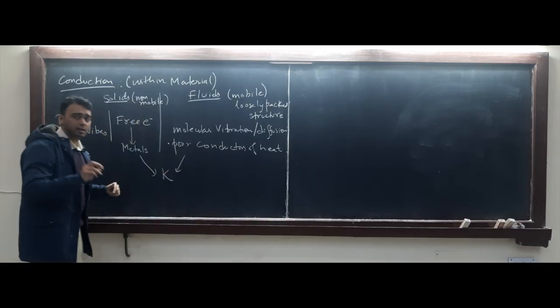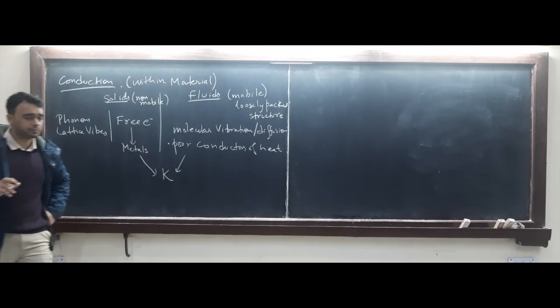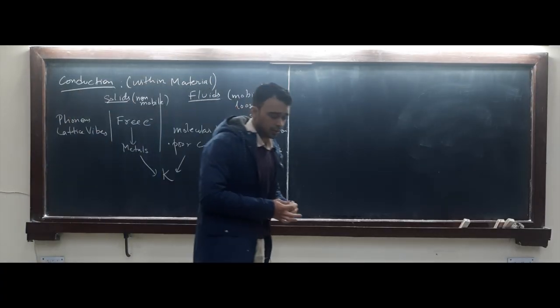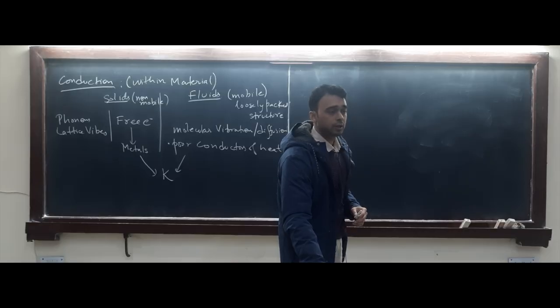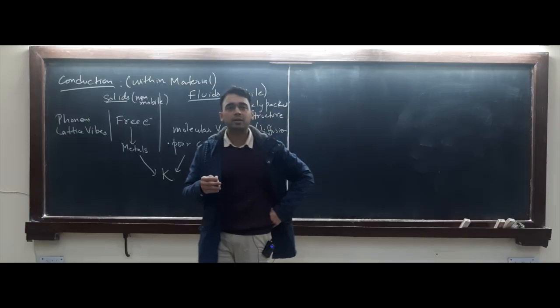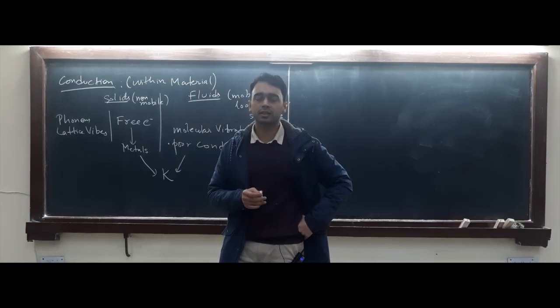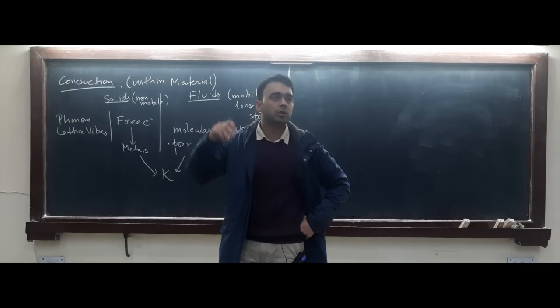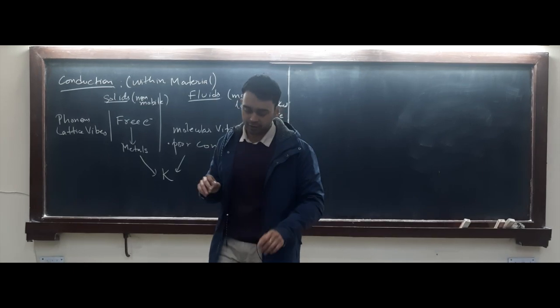Now to see that, can you open your mobile phones? I have uploaded, I think, image number 3. Can you see image number 3? That will have the values for metals, non-metals, liquids, gases. And can you tell me the order they are arranged in? On the top we have diamond, because of its perfect crystal structure.